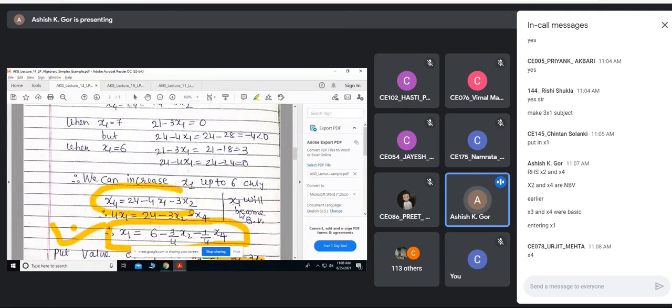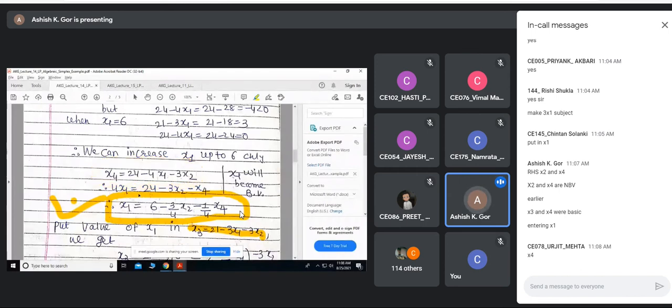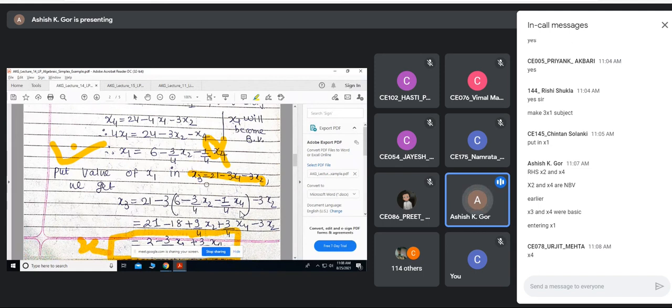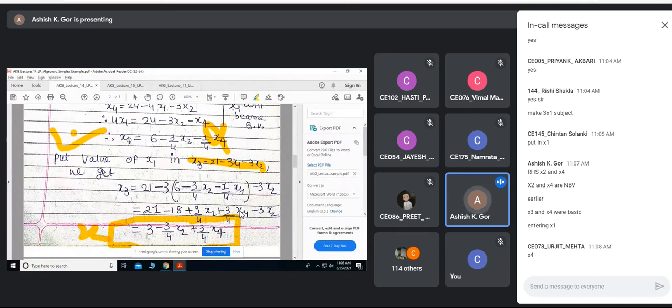Why? I changed this equation, x4 equal to something, and rewrote it in terms of x1. So x4 is on the right hand side, it is pushed to the right hand side. So x4 is like a leaving variable, and it becomes non-basic. Leaving means it becomes non-basic, entering means it becomes basic. So x4 transitioned from basic to non-basic. That means it left the solution and the new variable x1 came.